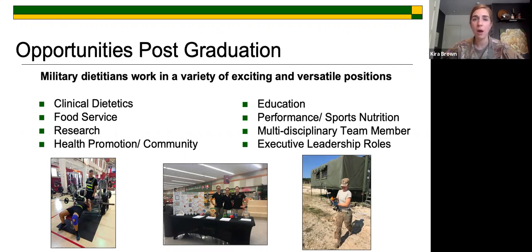And even if you are in a clinical position or a community position, you still have the opportunity to do research. There's certainly a lot of ongoing studies that you can hop on and help with. Performance nutrition, if you have heard of Holistic Health and Fitness Initiative, H2F as it's being called, that is where we are forming pods, multidisciplinary pods of professionals. So your registered dietitian, your Army physical therapist, your Army occupational therapist, providers, athletic trainers,